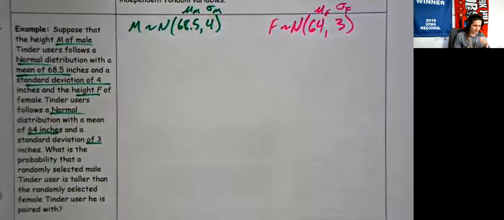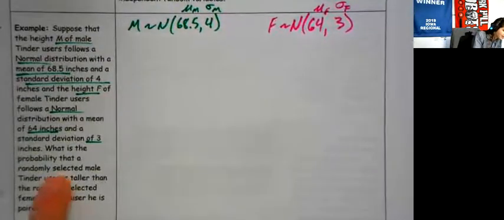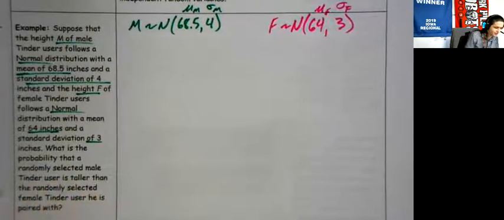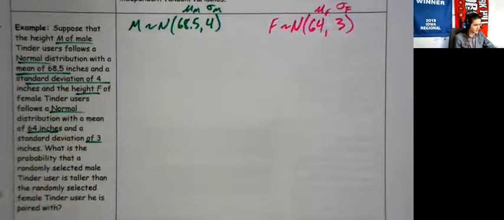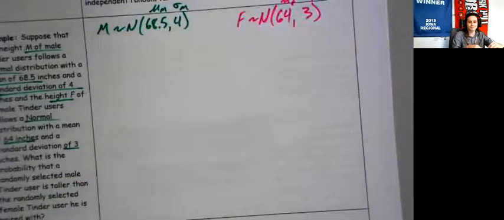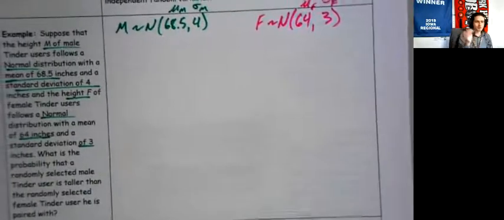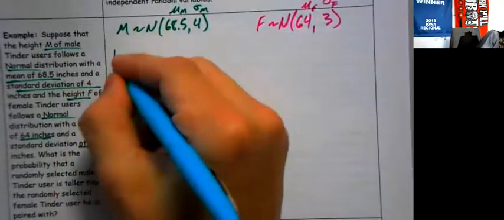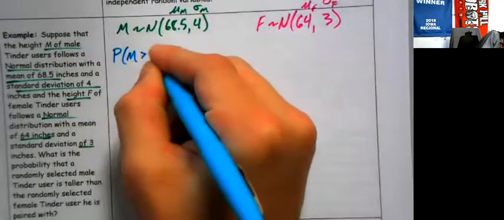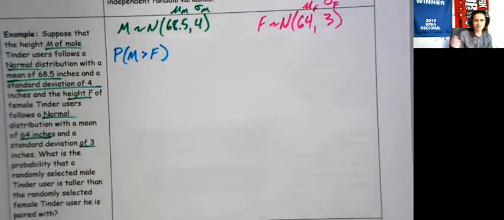What is the probability that a randomly selected male Tinder user is taller than a randomly selected female Tinder user that he is paired with, or he pairs with, or he matches with? I am sorry if the phrasing is wrong. It has been a moment. So what do we need here? Well, let's write a probability statement. We're looking for the probability that M is greater than F, but